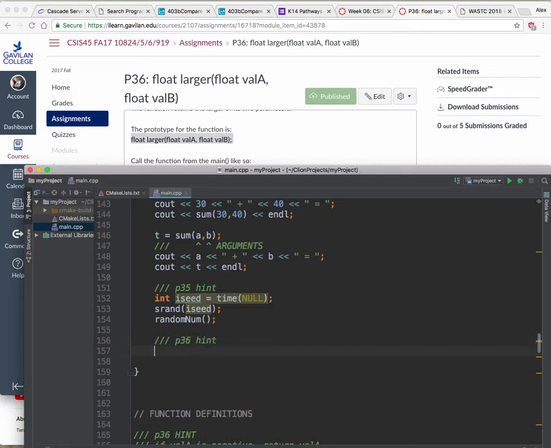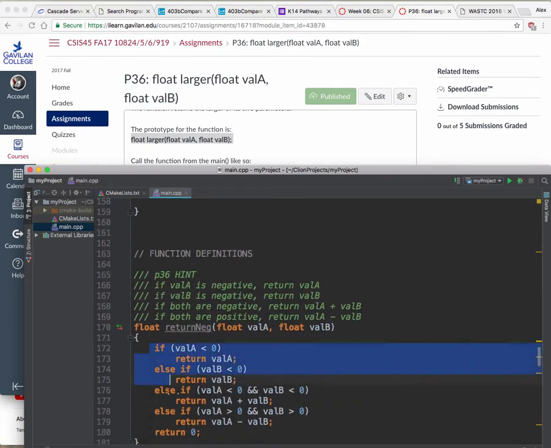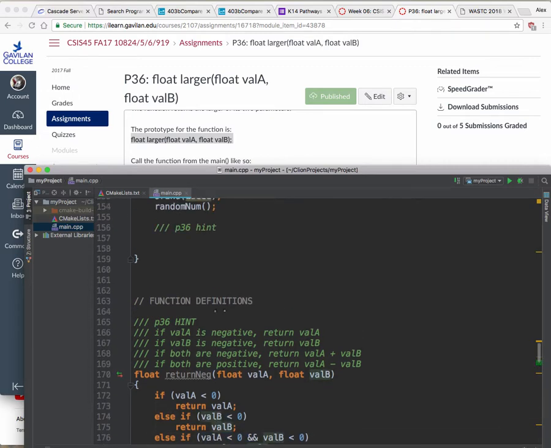Right, so if I have multiple ifs in this function, I have to check to see if my program can do every one of them correctly. So I have to check one time when val A is less than 0, one time when val B is less than 0, one time when they're both less than 0, one time when they're both positive, and then all those different ones. And I have to call them from a cout. So it will be a cout,